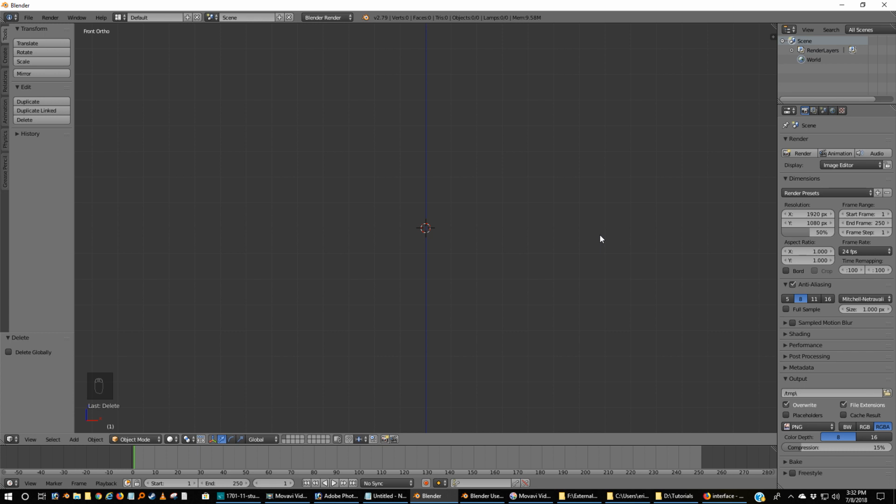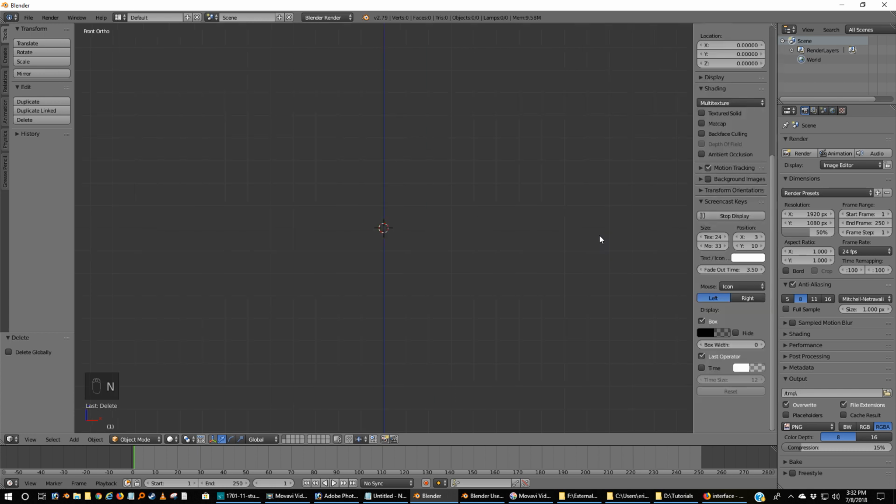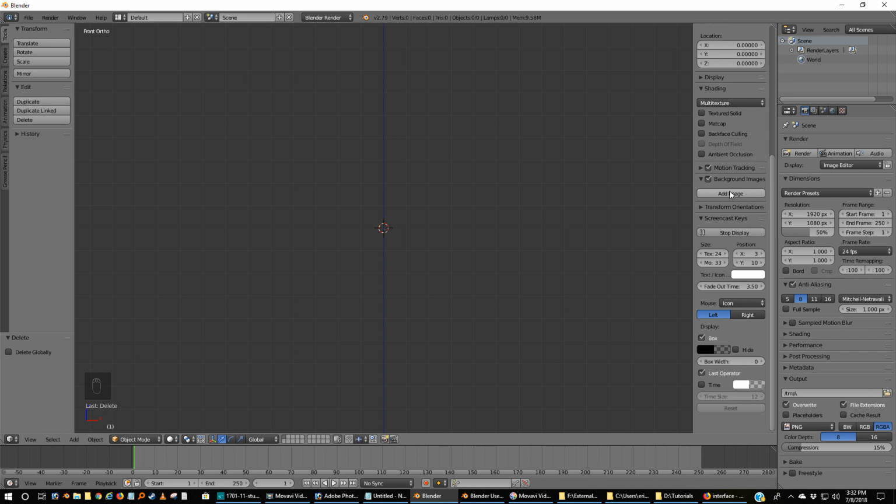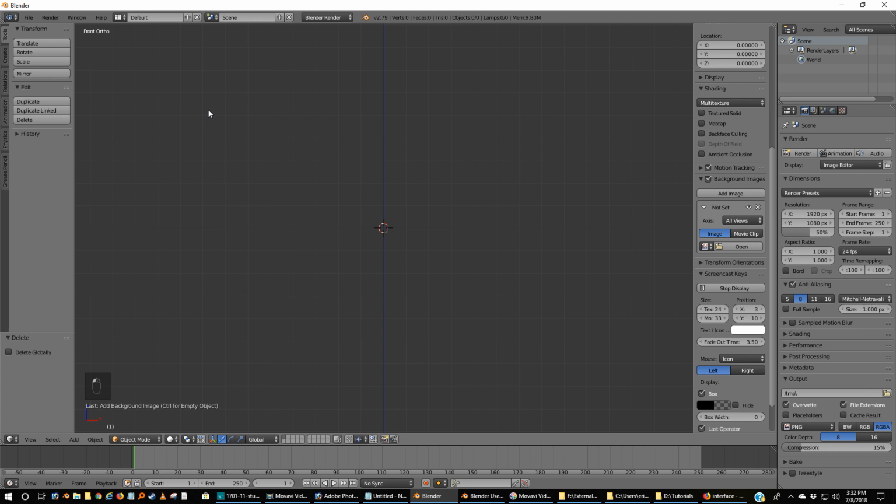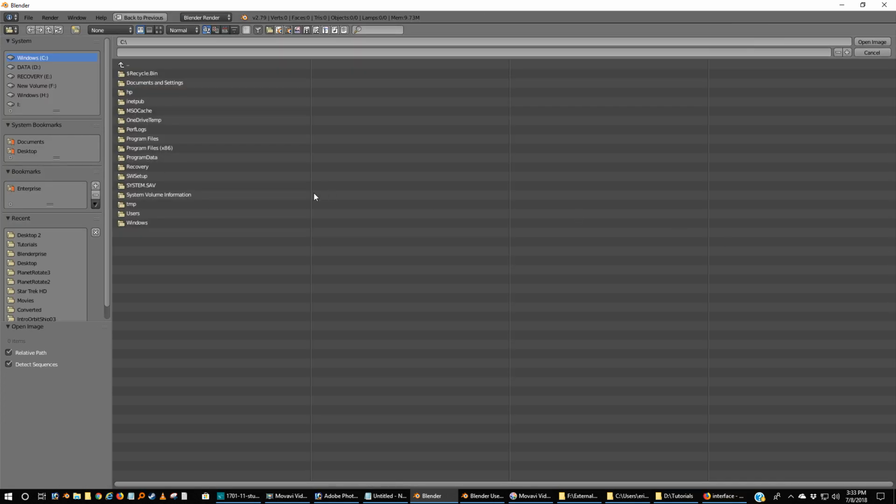Now, hopefully you have downloaded the blueprints of your choice. As I said, we're going to use Alan Sinclair's spectacular blueprints. So I'm going to go back to N, and we're going to enable background images right here. Put a check mark in the blank box, drop it down, and hit Add Image. So up here on the top left-hand side, you'll see Front Ortho. So we're going to pick, instead of all views, we're going to pick front, and we're going to leave it on image, and then I'm going to go get where I have saved